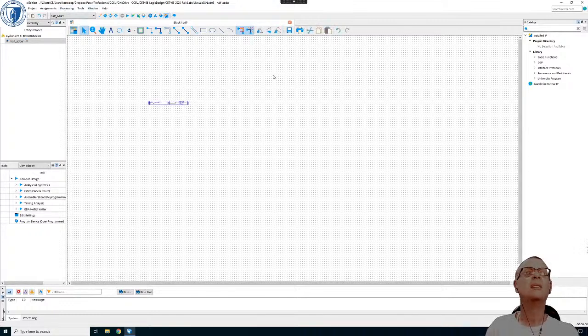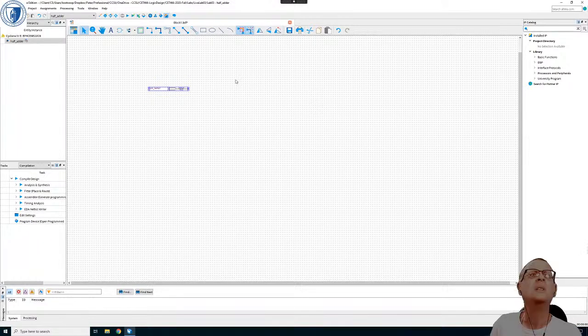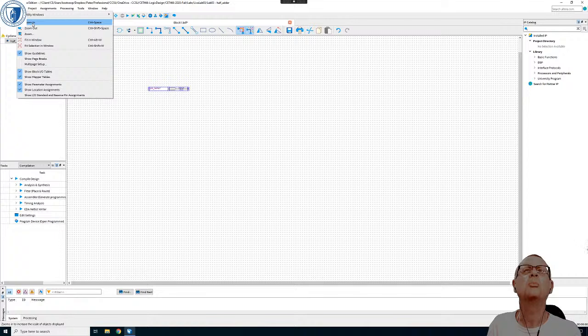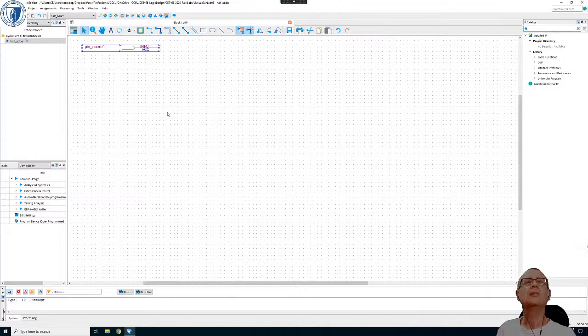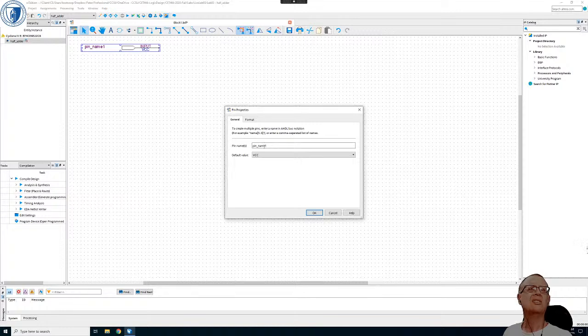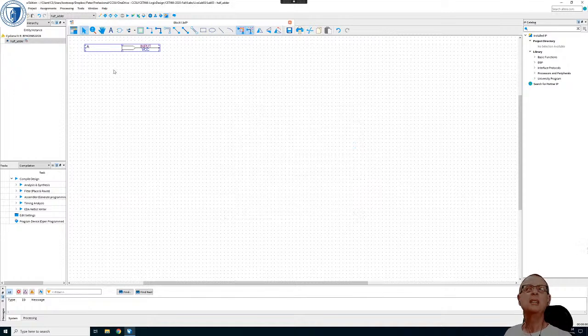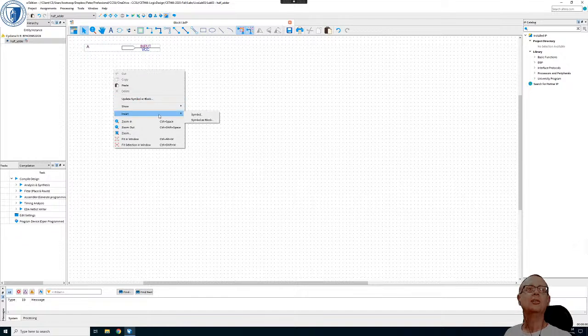Let me see if I can make it, I wonder if just the standard zoom. No, I don't know where the, what's the standard zoom? Control space. There we go. Let's do that, control space. Right, so there's our first input pin, and I'm going to change the name. I'm going to call it A, right? So if you remember, our inputs are A and B, and now I'm going to insert another input pin,